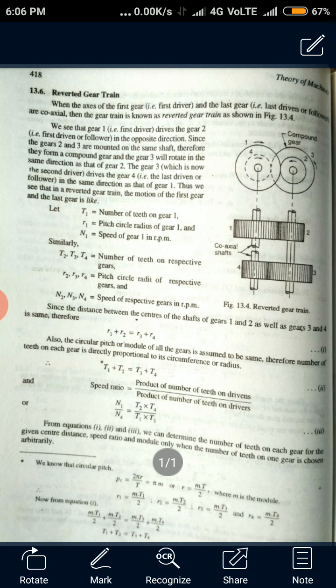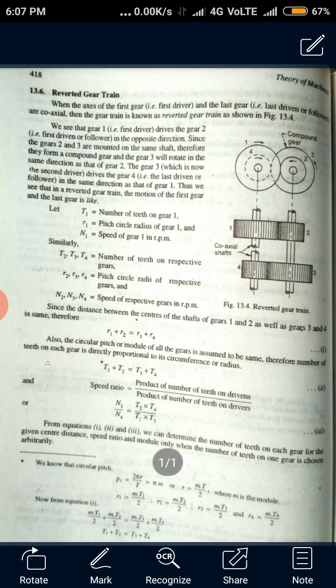So just try to understand this, because this is a very important type of relation we're going to use when you solve the problems. As we know, the radius is directly proportional to the number of teeth, so that equation 1 can be written as what? R1 is proportional to T1, R2 is proportional to T2. So what can we write? T1 plus T2 equals R3 plus R4. R3 is proportional to T3 and R4 is proportional to T4, so T3 plus T4. Okay. So this way you can write the relation between the number of teeth of the gears using the distance between the shafts on which the gears are mounted.